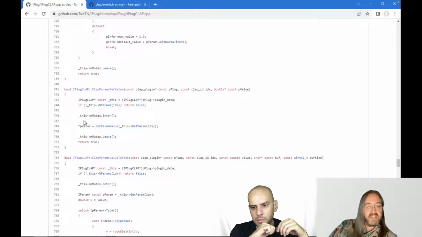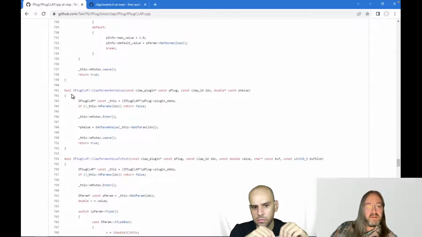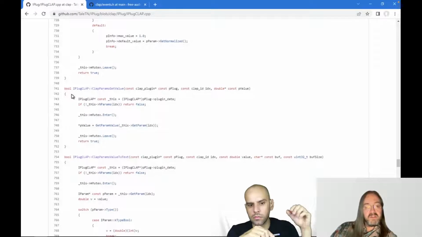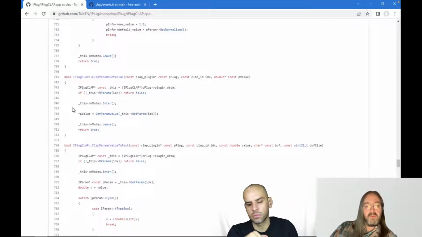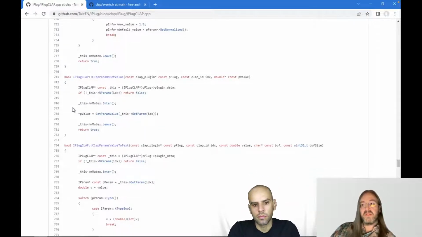So the function of this is, I'm thinking that probably, because get values may be not the worst offender, but set value would be another one. But that's not a good example for CLAP, because it actually sets your values within your process function. But in VST, that would all run concurrently, and then you have to protect it, because you don't want the parameter to change midway in your processing, because that is not necessarily bad, but it could be bad in certain situations.